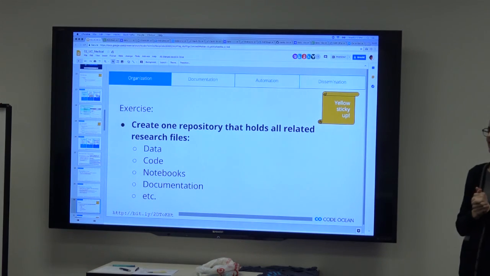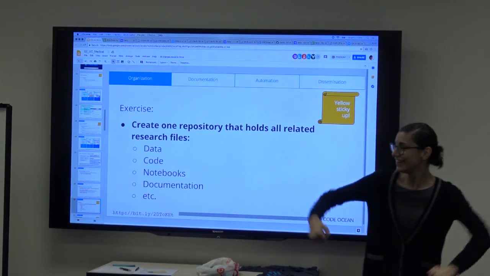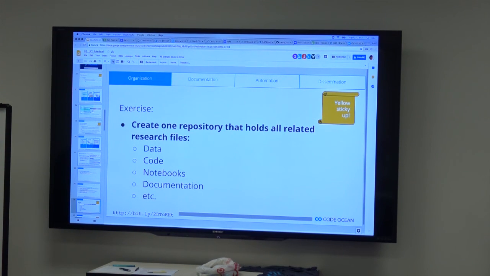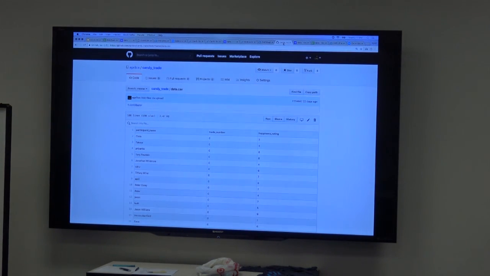Okay, so our first exercise. It took a while to get here. All right, so we're going to create one repository that holds all of our related research files together. So I did mention